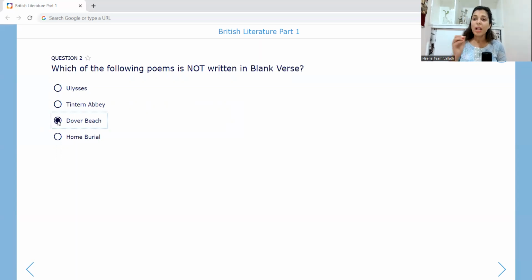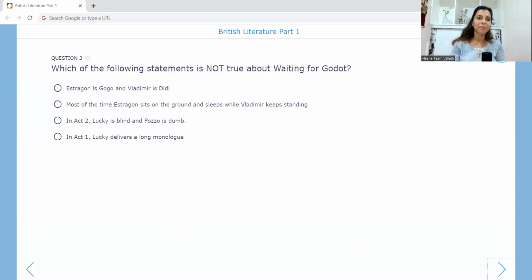It is actually a heterometric text, which means it has iambs, but in different meters. It has an iambic dimeter, an iambic trimeter, an iambic tetrameter, an iambic pentameter. Did you understand that? And Dover Beach, do you know? It is a poem by Matthew Arnold, right? Written in these meters that I told you. Easy. Let's go to question number 3.